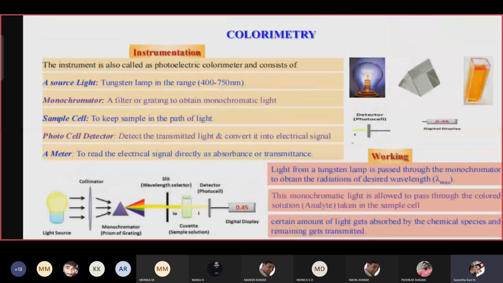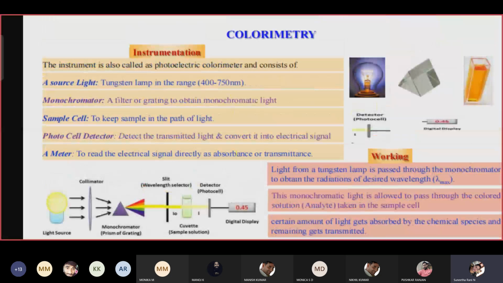Once you prepare a series of solutions, this is how you have to estimate the percentage or amount of copper present in the prepared solution. How do you prepare it? First you have to prepare a series of solutions. Take a blank in a standard flask. Blank solution means without adding any copper, no copper amount here. After this, add 5 ml of copper sulfate, 10 ml of copper sulfate, 15 ml of copper sulfate, 20 ml of copper sulfate. Like this you have to add.